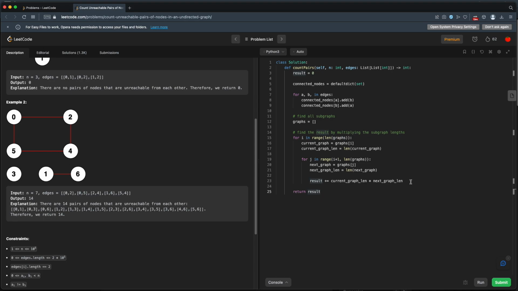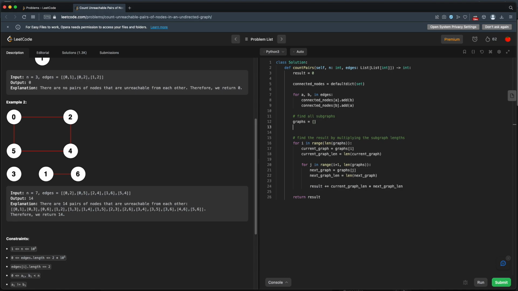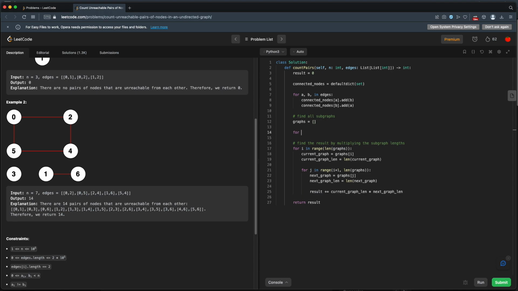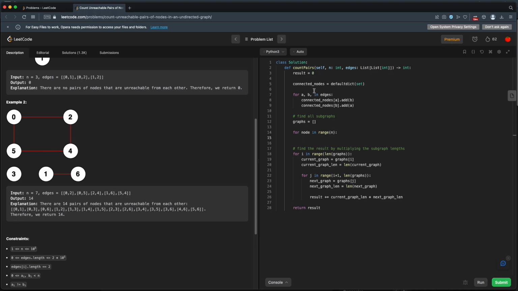All right, let's see. Now we increase our result by the current graph length times the next graph length, and we do that for every graph. Okay, now we still need to find our graphs. So let's see, how do we do this? Well, we'll say for every node in range n, because we know that there are n nodes labeled from 0 through n minus 1,